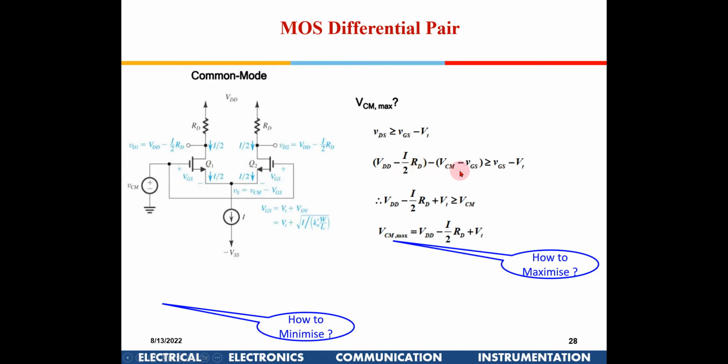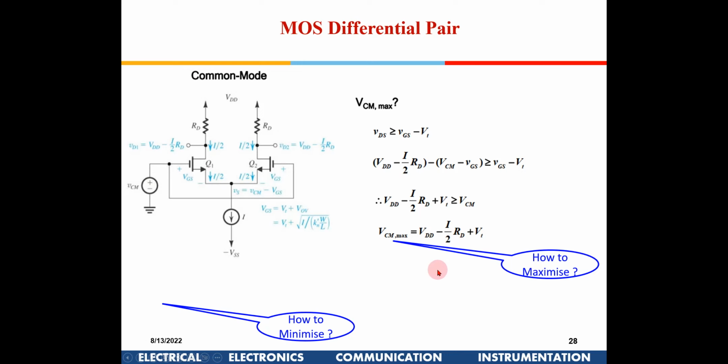That is the guy. And what is the source voltage available out here? Common mode minus VGS. So VDS has to be greater than VGS minus VT. This is the condition for saturation. Drain voltage of this transistor is VDD minus I by 2 RD, and the source voltage is VCM minus VGS, right? So from here I get this equation straight away: VDD minus I by 2 RD plus VT is greater than or equal to VCM, right? So this is the maximum DC voltage at which I can operate,